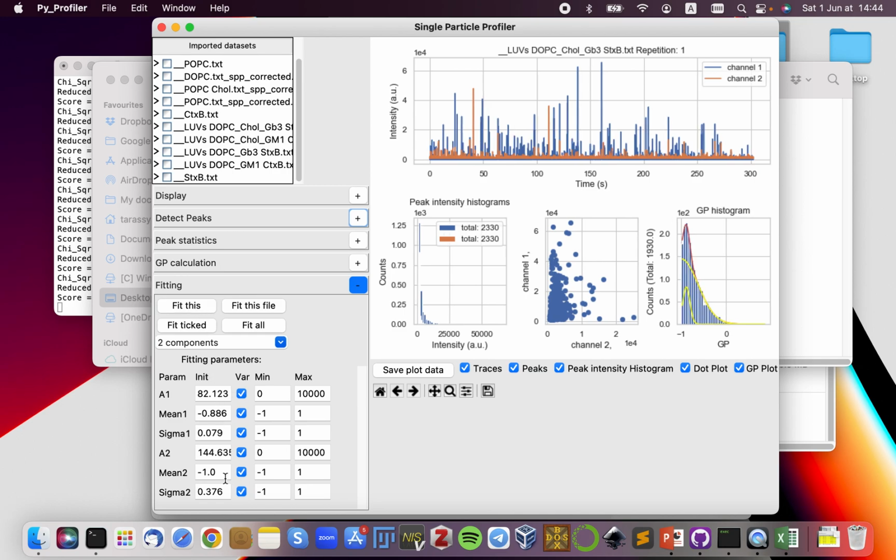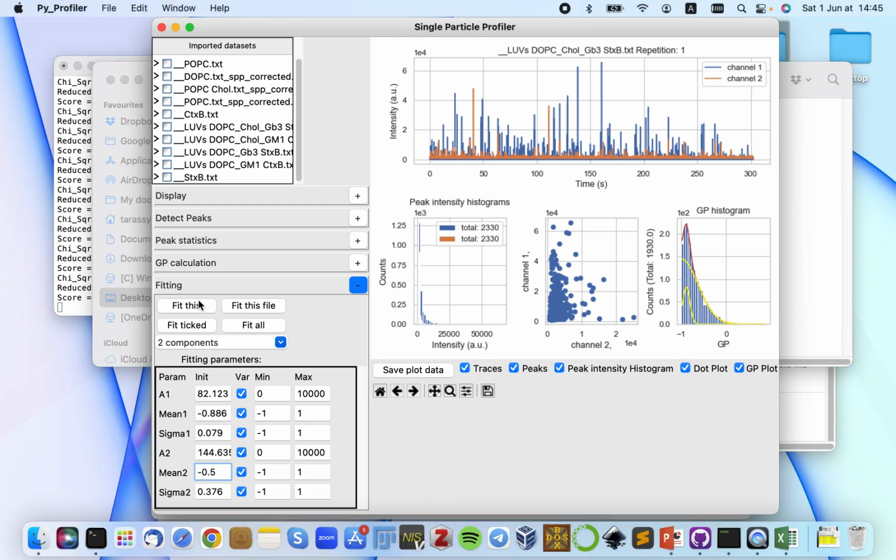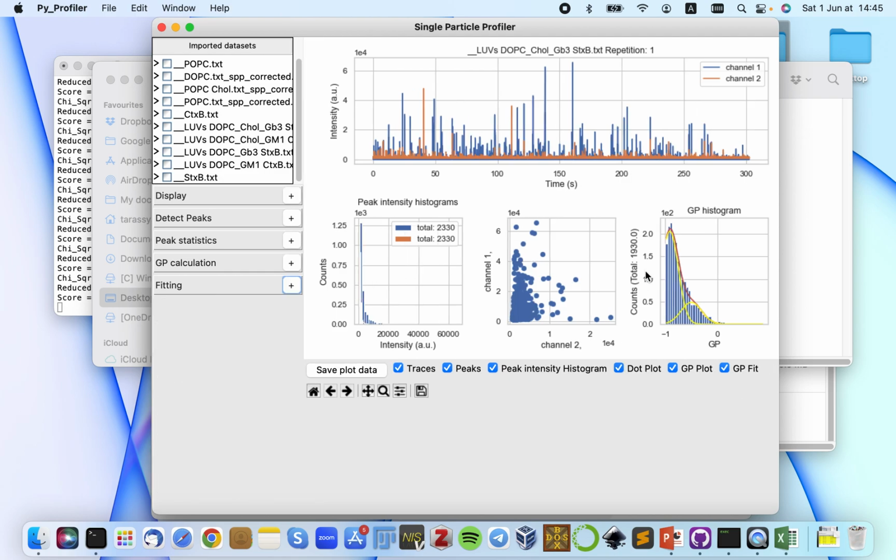Yeah, this will of course do the same. Yeah, this looks better. Okay, so anyway, two-component fitting works here,